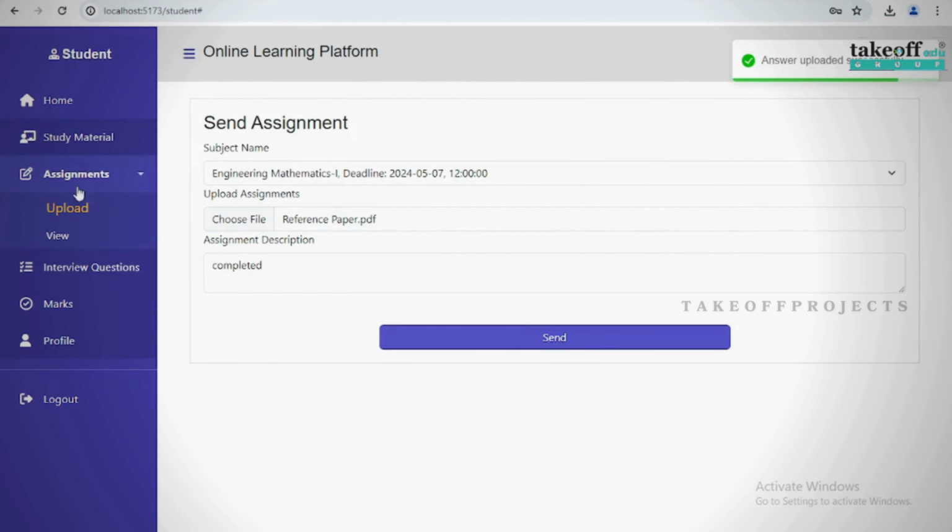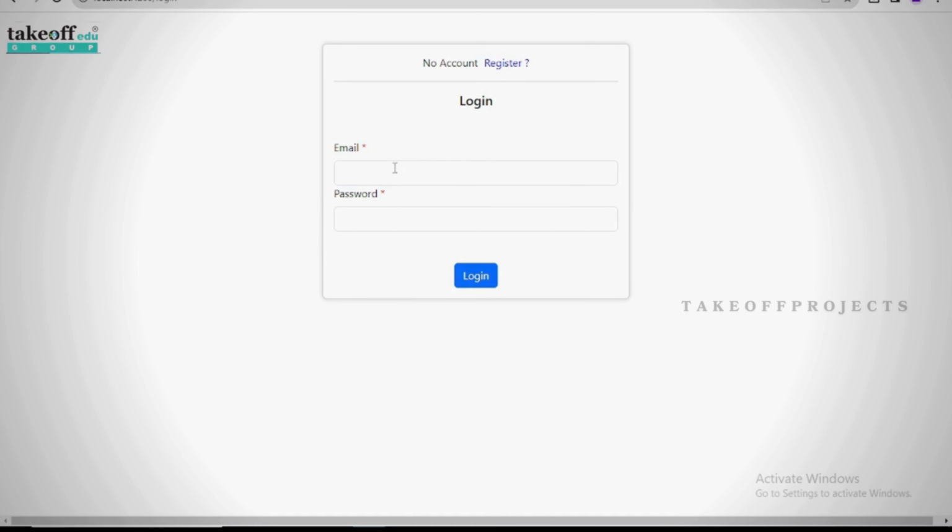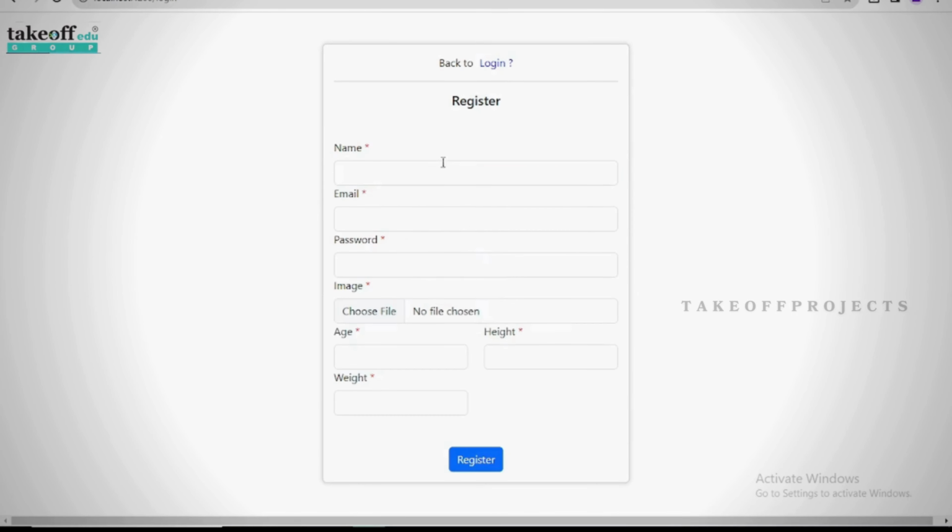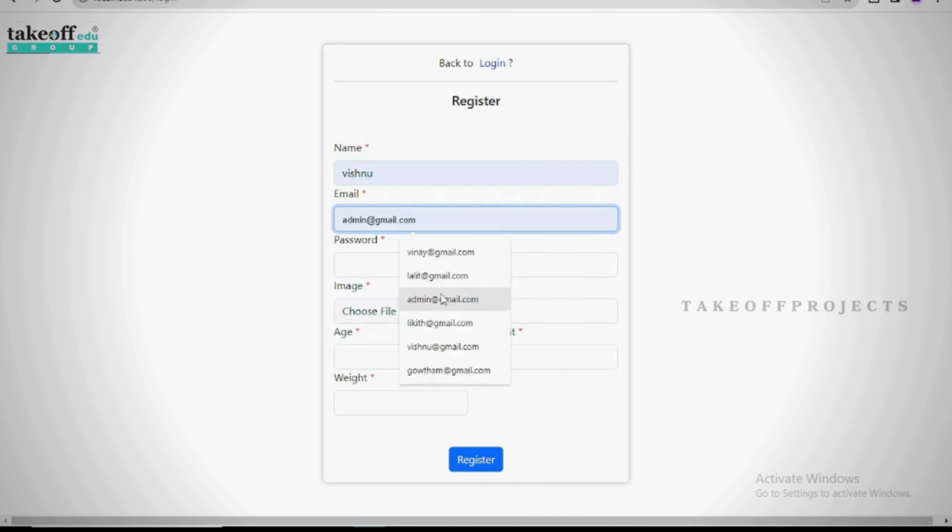Healthcare tracking and recommendation. This is the home page of this application. On this page, the user can log in to the application with his credentials. On this page, the user can register into the application by entering his details. On this page, the user can view recommendations by entering his height and weight. He can view his recommendations.